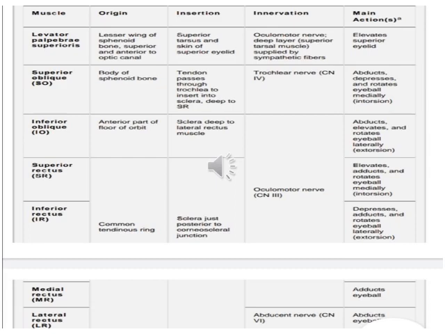They have a little bit different action. How? They have a primary action and a secondary action. Primary action of superior rectus is elevation. Primary action of inferior rectus is depression. What about the secondary action? The secondary action of superior rectus is adduction of the eyeball and intorsion. Intorsion is inward rotation of the eyeball. For inferior rectus muscle, the primary action is depression of the eyeball, and the secondary action is adduction and extorsion,